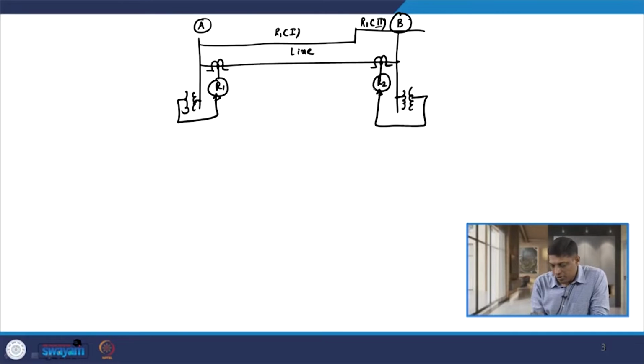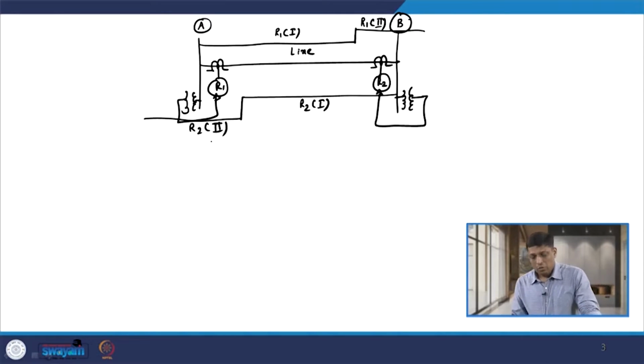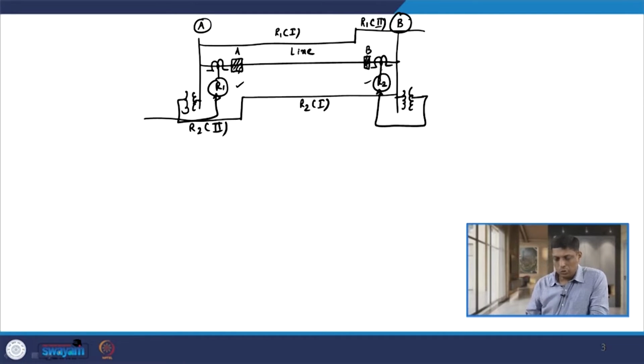Same way, the first zone of R2 covers the 80%. So, this is R2 zone 1, and then after some time delay, the second zone of R2 starts. And of course, we have a breaker connected here at bus A, let us say circuit breaker A, and we have the breaker connected at this side, let us say circuit breaker B. Now, when we consider this transmission line, which is protected by 2 distance relays R1 and R2, we know that whenever fault occurs